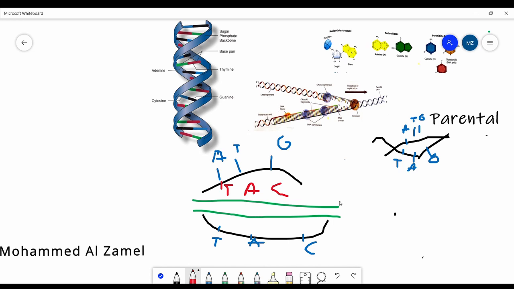And the final step of the DNA replication will be the joining step, which will be explained by my teammate